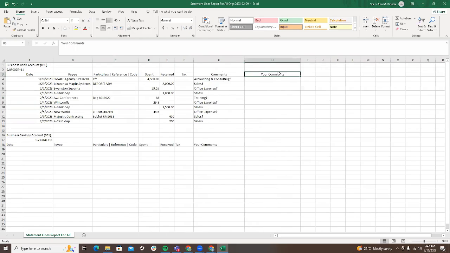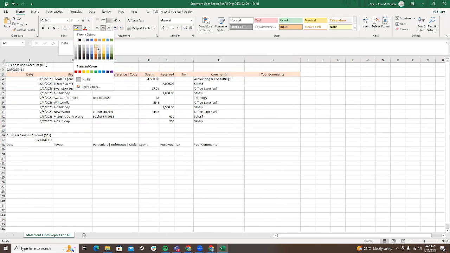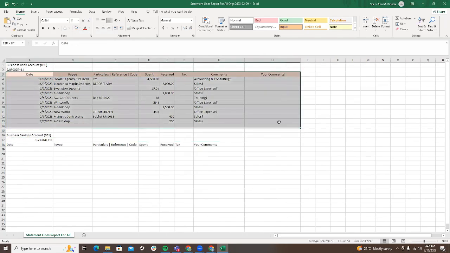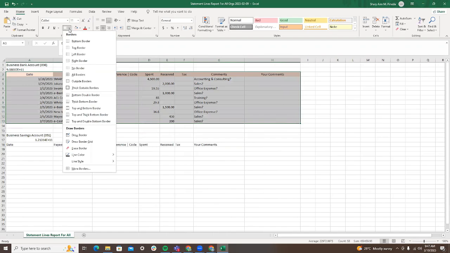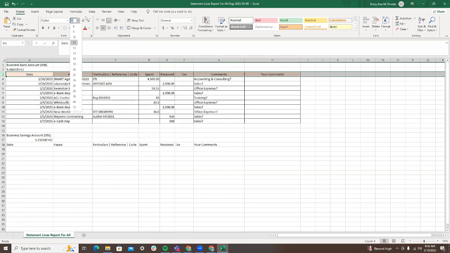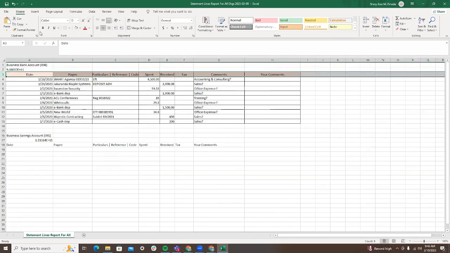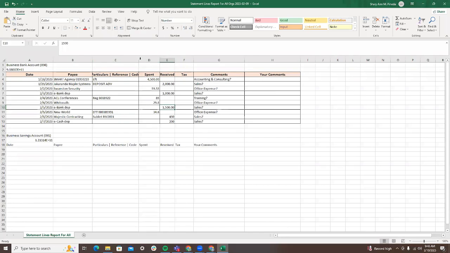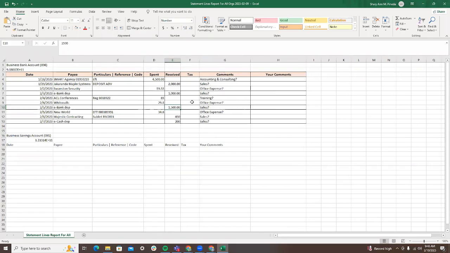So as you can see here, this is where the client will comment dun sa mga suggestion mo. Pwede mo i-color ito para mas ma-emphasize. And then you can add borders. Ayan. Then kung gusto mong medyo lakihan yung font nito, pwede. And then i-bold mo siya para mas ma-emphasize. And then i-move mo lang. And then here, I usually color it yellow para mas mapansin ni client na dito siya magko-comment.